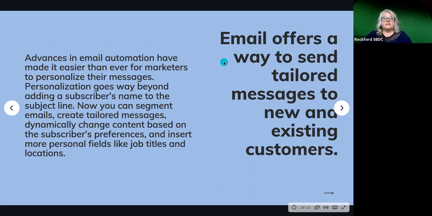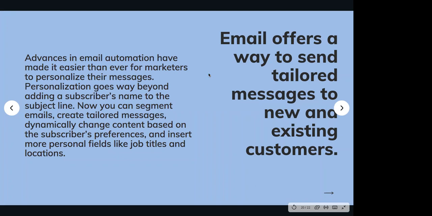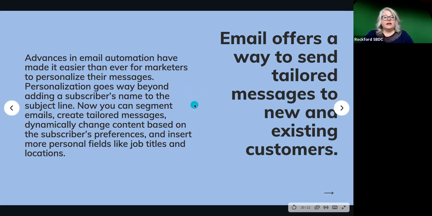And email offers a way to send tailored messages to new and existing customers. Advances in email automation have made it easier than ever for marketers to personalize their messages. Personalization goes way beyond adding a subscriber's name to the subject line. You can segment emails, you can create tailored messages, and you can dynamically change content based on the subscriber's preferences and insert more personal fields like job titles and locations, because everyone likes to get a message with their name on it. Although I will say,